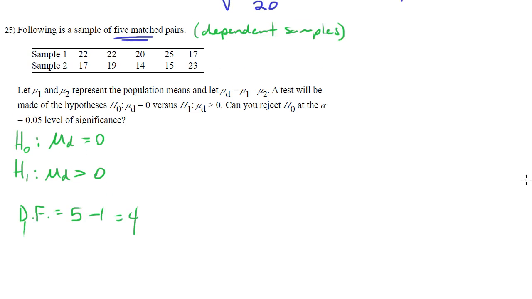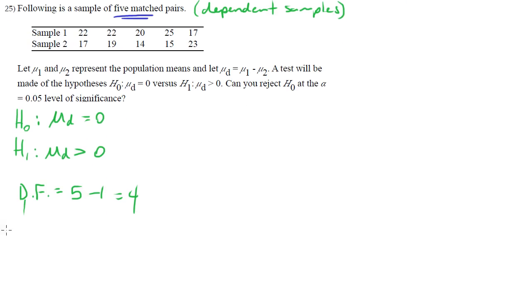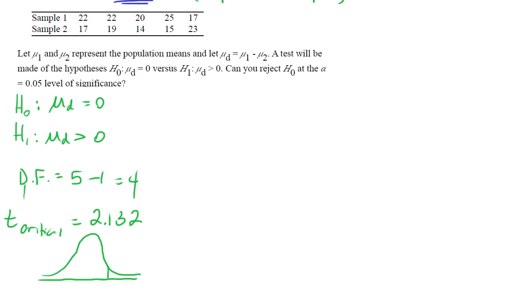So our T critical value is 2.132. If you're visual, here's 2.132. There's our test region there. And when we find our test statistic, we're going to see if it's in this region or not. If it's in this region, reject the null hypothesis. It's the same thing as before. So our test value, our test statistic T,